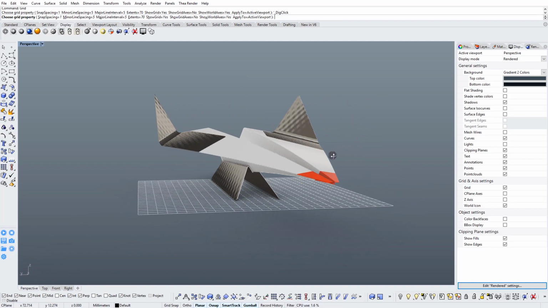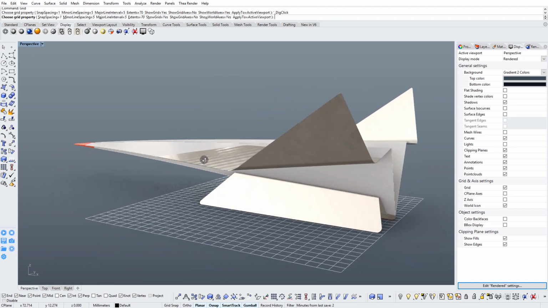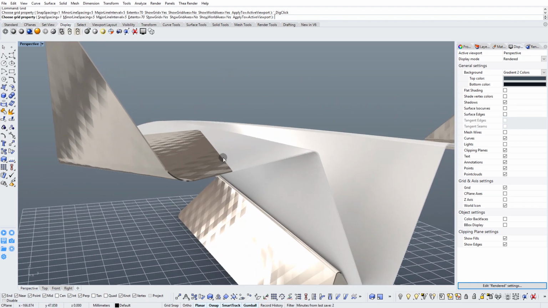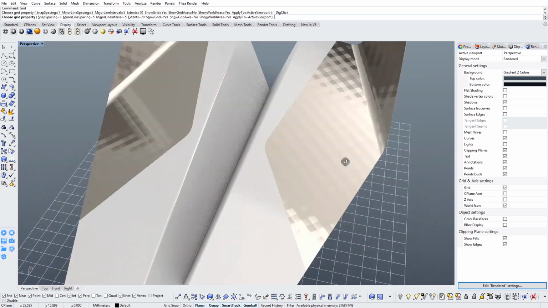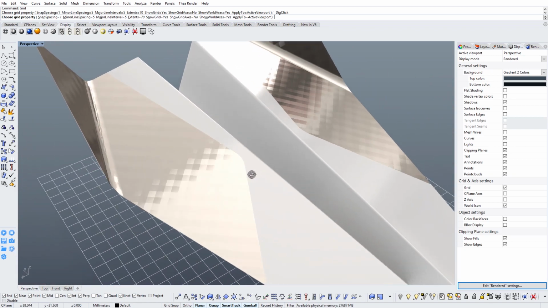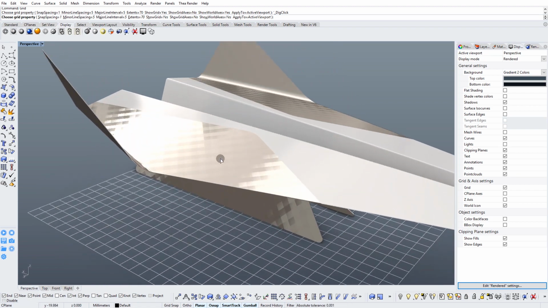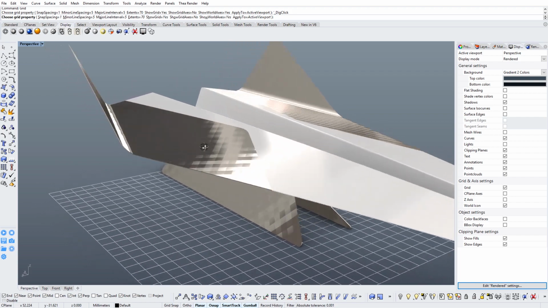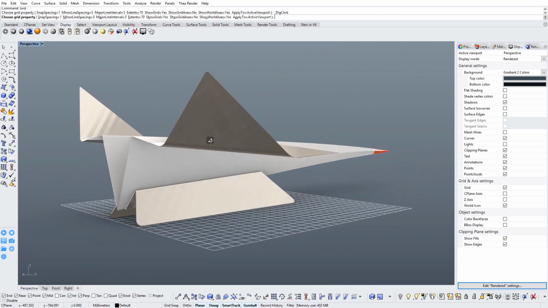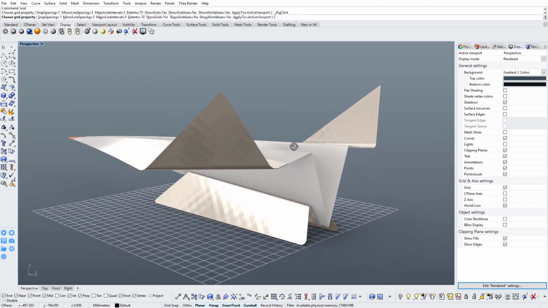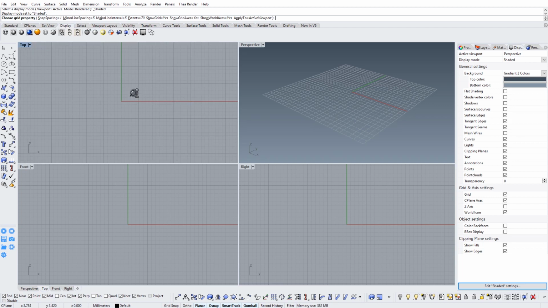Hello everyone. This time we are going to build this paper plane model, maybe a metal sheet plane model, because this looks like metal here. And we will also learn how to apply such materials with this kind of reflection. Okay, so let's start. Let's open a new Rhino file